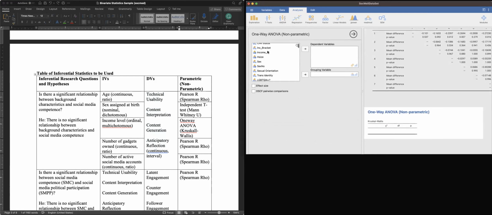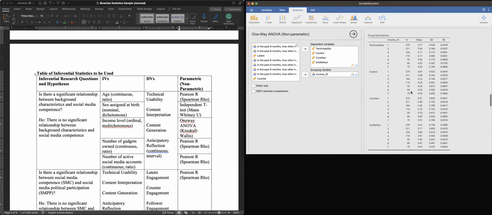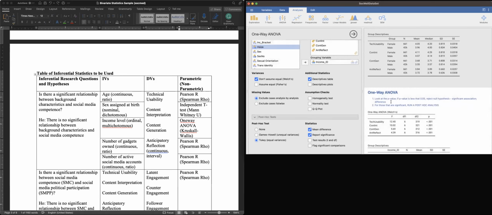So you do the same. We put income ID here, and then we put the four: tech usability, content interpretation, content generation, and anticipatory reflection. And the same thing, the meanings of the p-values are the same. You investigate, I just copied it here so that you don't forget. So look at the p-value. If the p-value is less than 0.05,